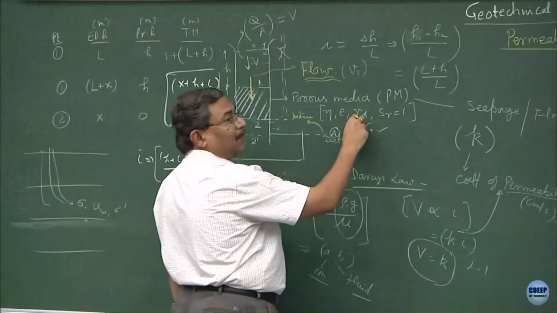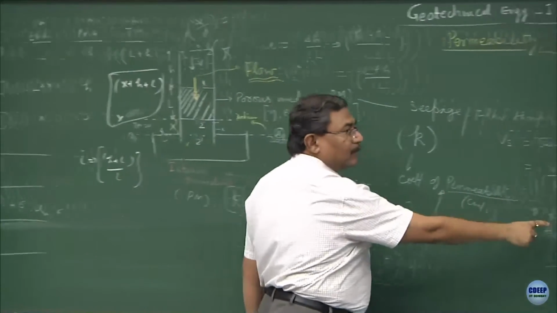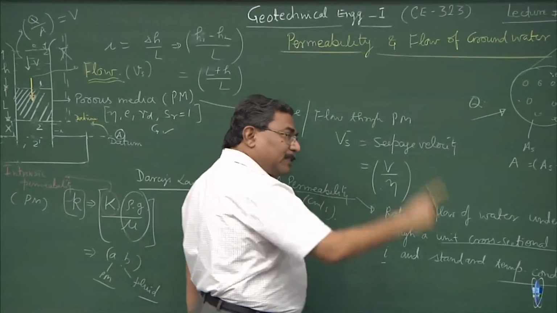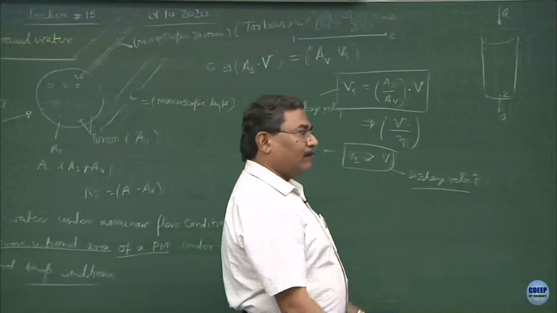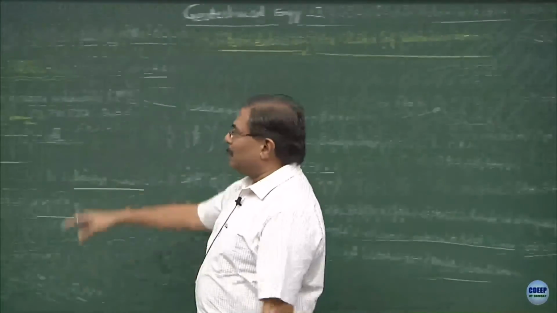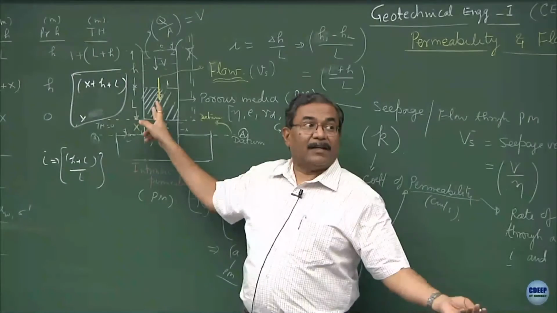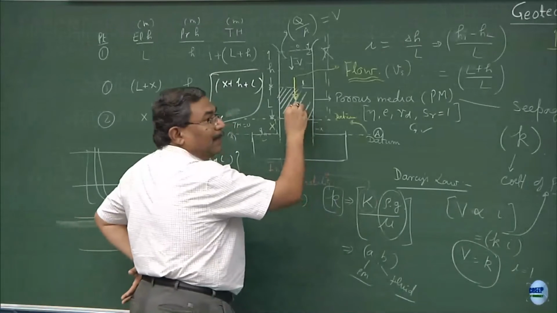Yeah, but very coarse particles are also going to have some porosity and permeability and void ratio and gamma d, please remember, and they are going to cause resistance to the flow, clear. So, permeability is nothing but sort of a resistance which is being offered by the porous media towards the flow of the fluid. So, even if there are 10 particles in a suspension, there will be some resistance because of the particles present in the slurry even. So, your question is correct. I can replace this porous media by a slurry also.